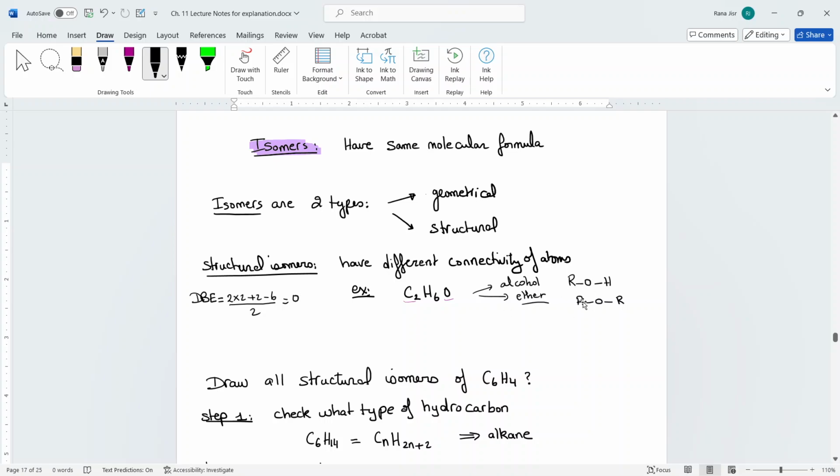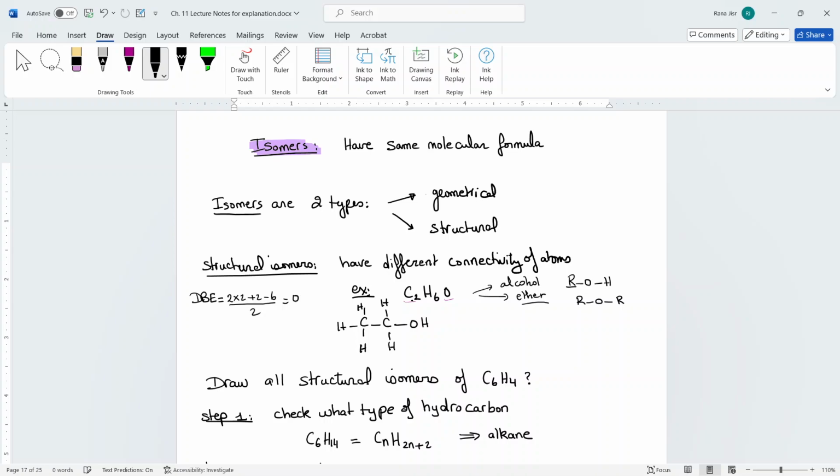These two are considered structural isomers for this molecule, because I can have this R being all the carbons, so I'm just going to connect those two carbons and do an OH and put the hydrogens in there,